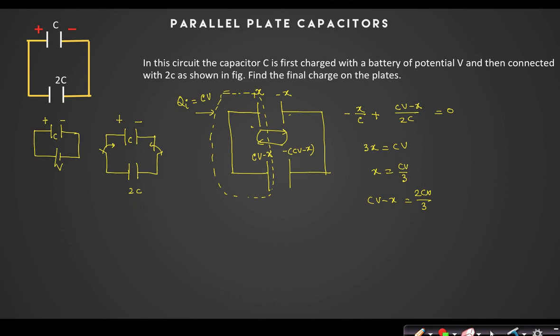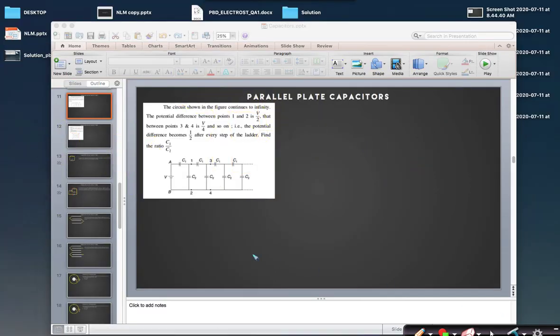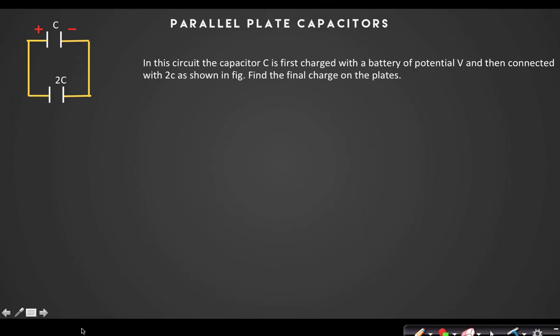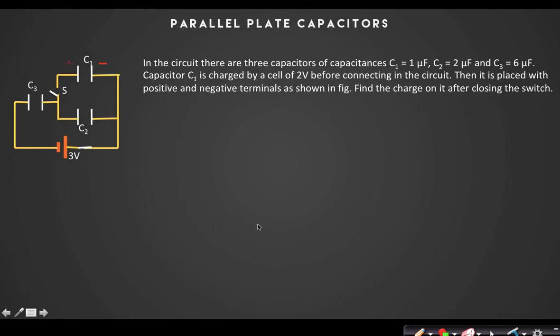Let's see, there can be much more complicated circuits; it's not only series and parallel. But I think this is the best solution because you can use it everywhere. All right, so let us solve one more circuit of a pre-charged capacitor. Then it will be clear to us. I think it is the same circuit we have solved, but here I have charged the capacitor C1 first and then connected it into the circuit.